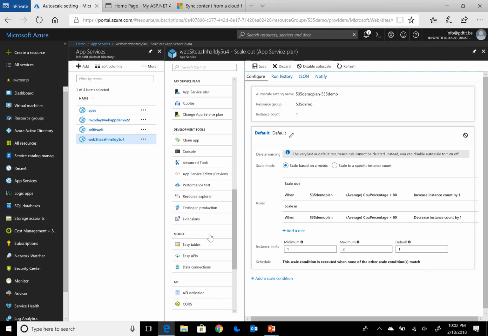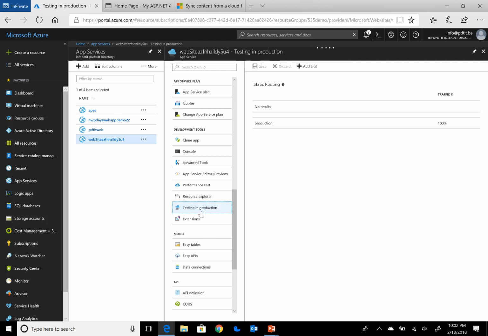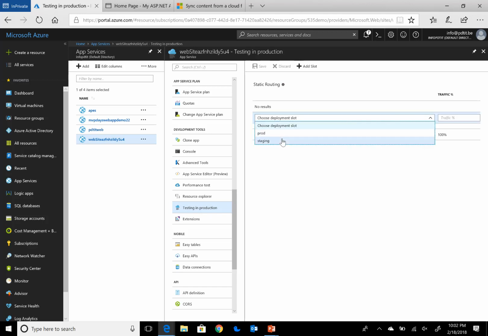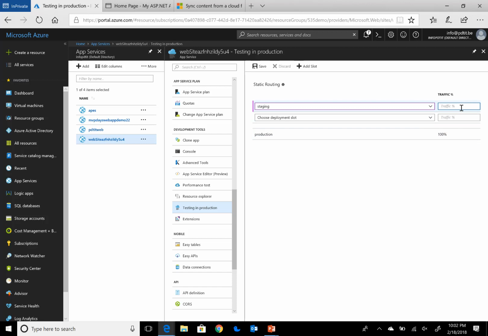And the last option I talked about is testing in production. What this allows you to do, again, is splitting up traffic between deployment slots, where I could define to send along 25% of the users to staging, and the other 75% immediately go to production. And again, the routing will be handled out of the Azure Web App platform by itself,